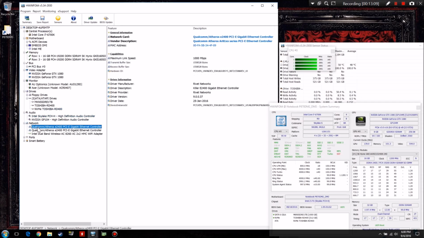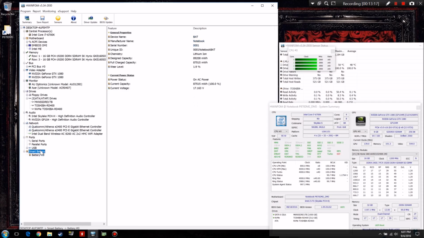Network, it has the Qualcomm Killer dual gigabit Ethernet controllers, and the battery, which is an 89 watt hour. This one has 87.5 watt hours, and